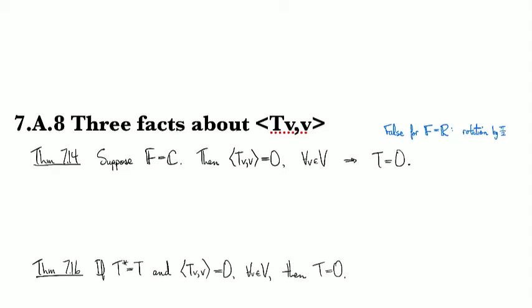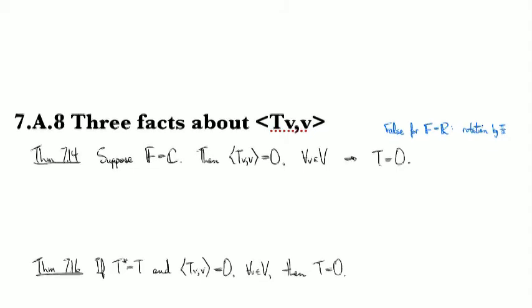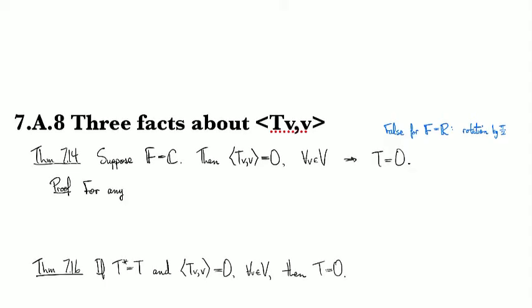But the thing that jumps out at you is like, oh yeah, but that's also our canonical example of a transformation that does not have real eigenvalues, right? And here we're talking specifically about using F equals C. So yeah, that's not a coincidence. Okay, so the proof is not really especially enlightening. It just has to do with the fact that for any U and W in our vector space,